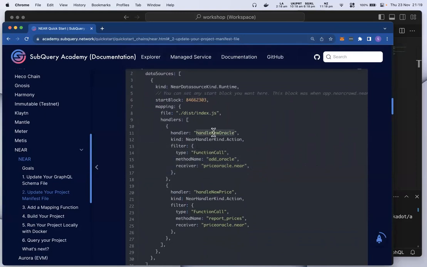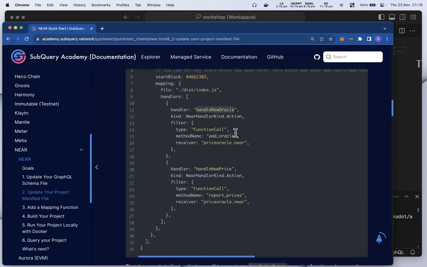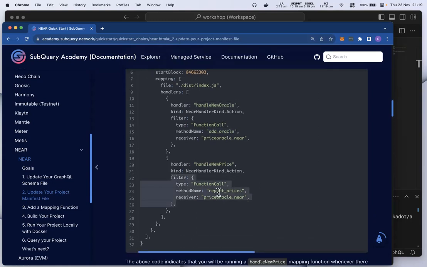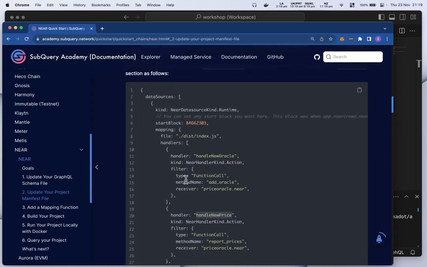trigger this function or this handler, right? So when we find an add Oracle method name on the near blockchain, handle new Oracle. And for the second handler, when there's a report prices method, we want to call the handle new price handler.